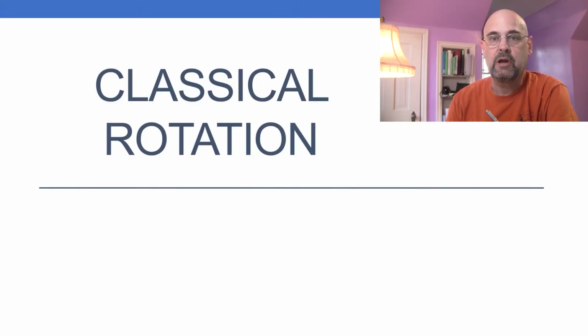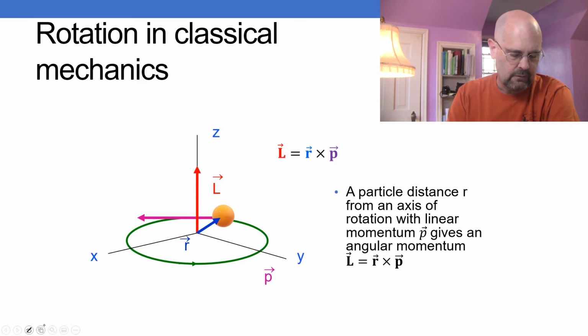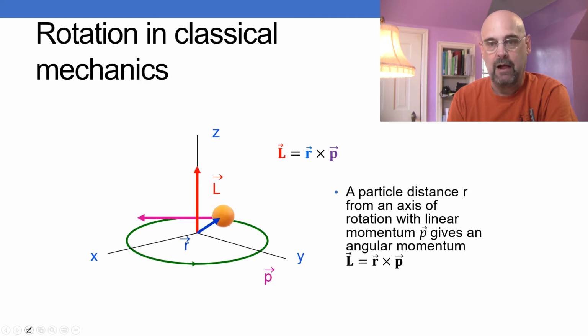We're going to start off our treatment of rotation in quantum mechanics by talking about how rotation is treated in classical mechanics. In classical mechanics, for rotation we have angular momentum, L, and it's given as r cross p, where r